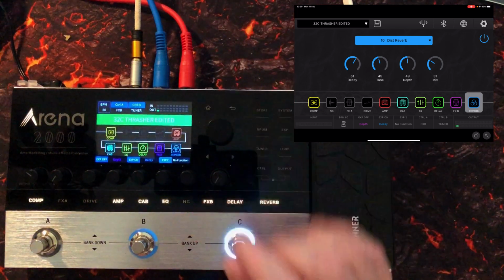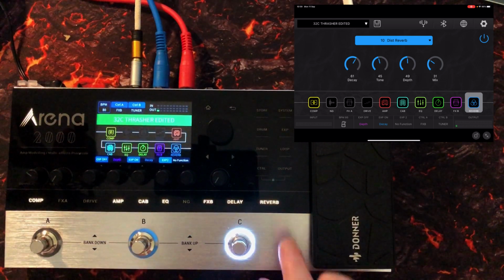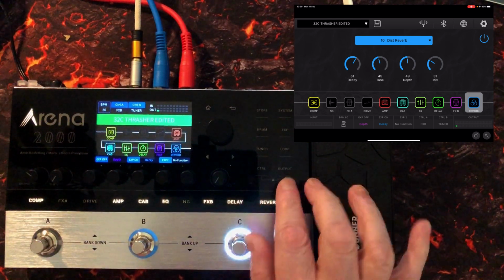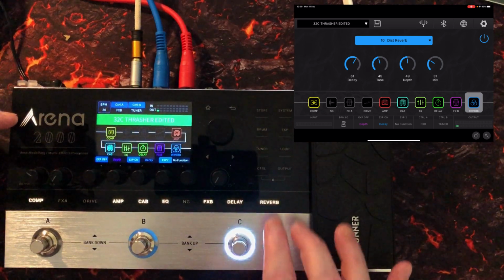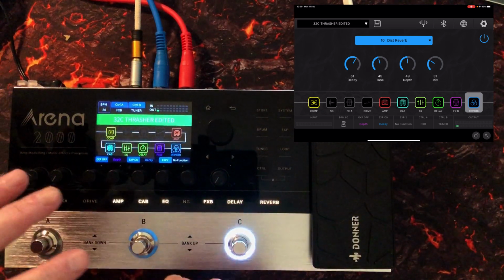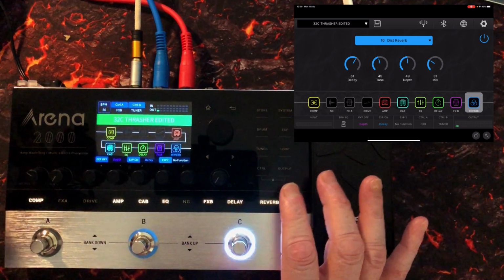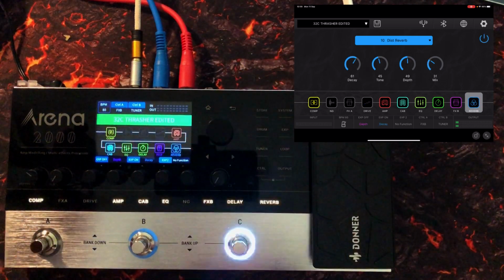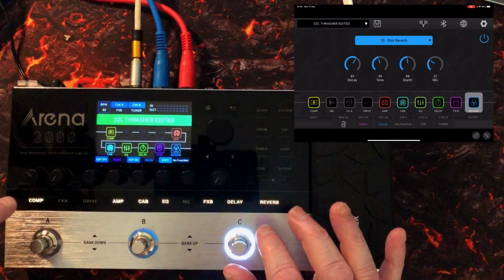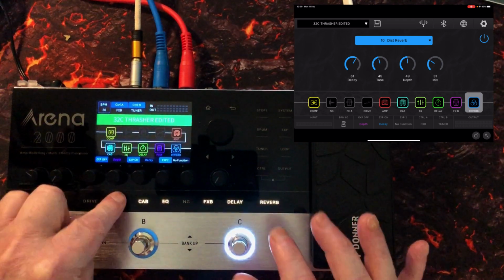Okay. Also, there's a very useful feature on this. Where it says control and output, if you press them both together, this will go out. This means that this now has certain parameters locked. You can still change preset, but you won't be able to make adjustments. And it saves you making any... You see, I can't